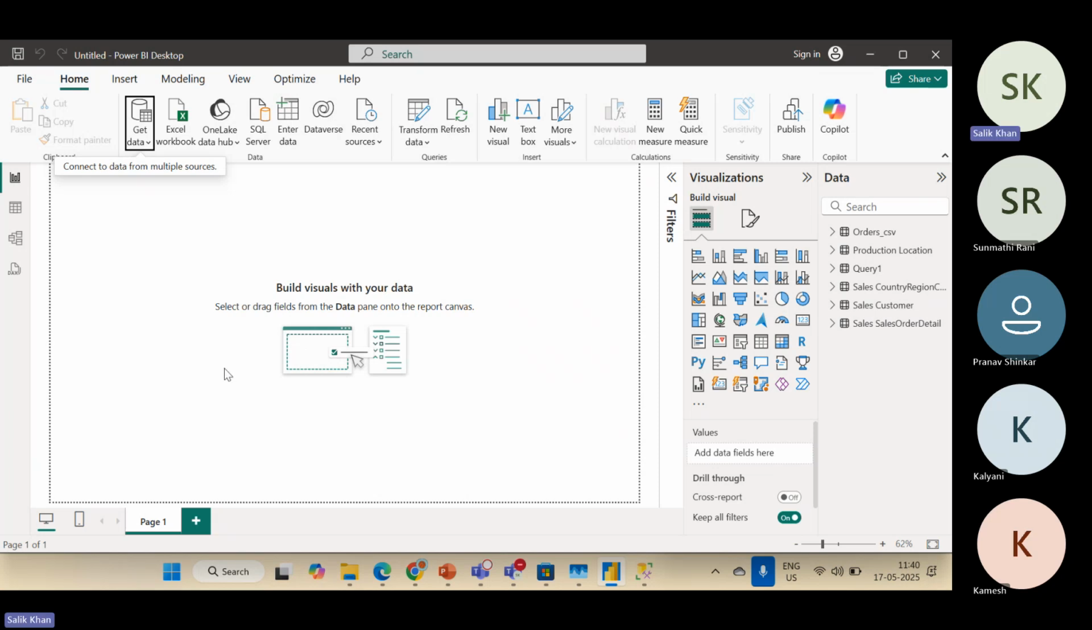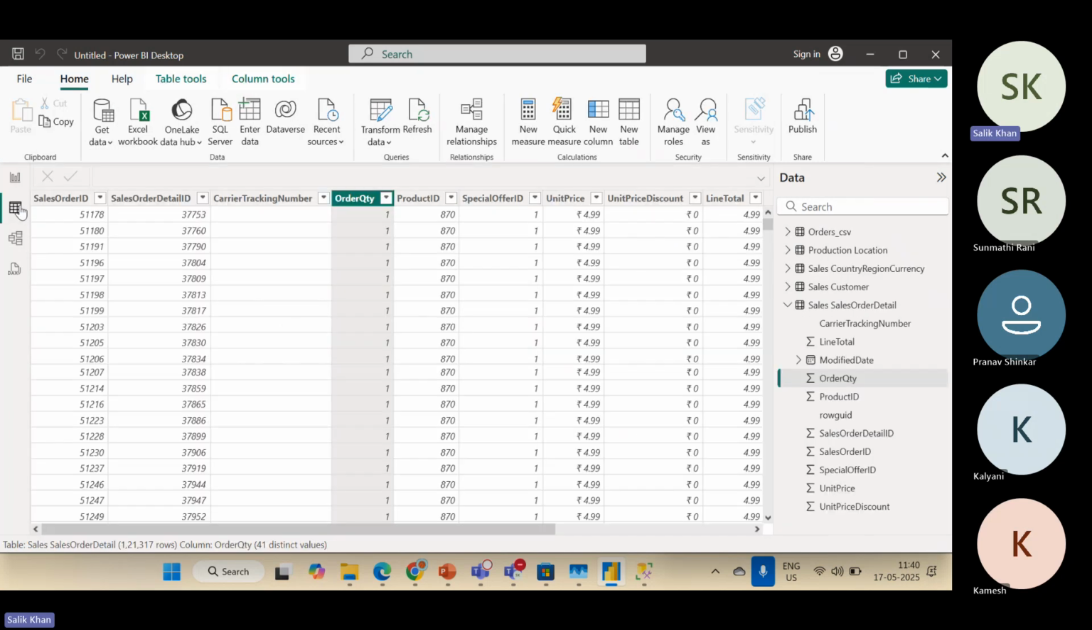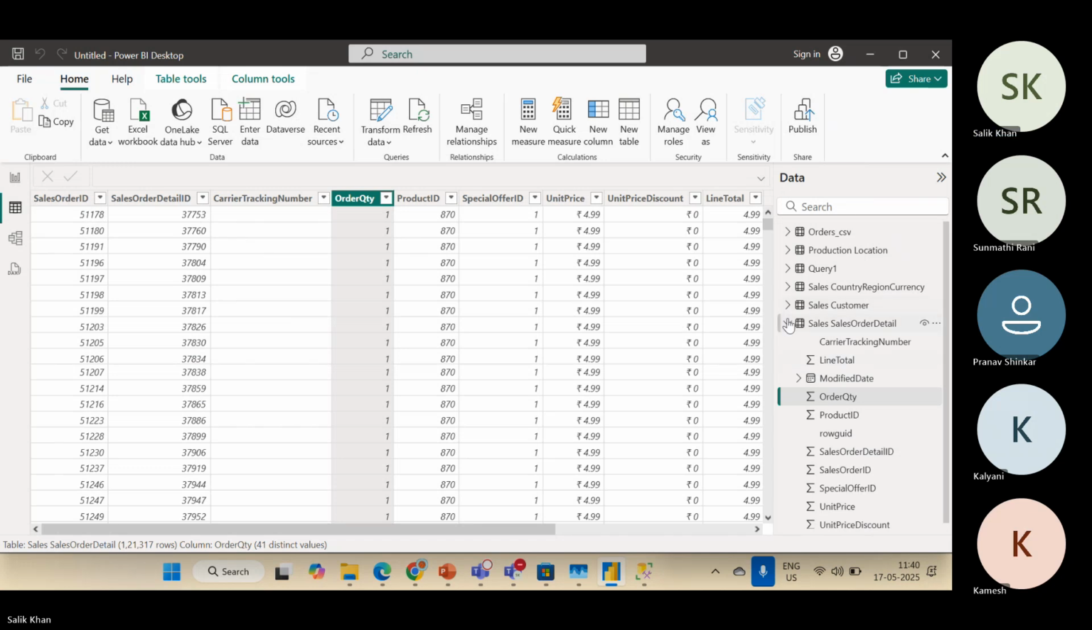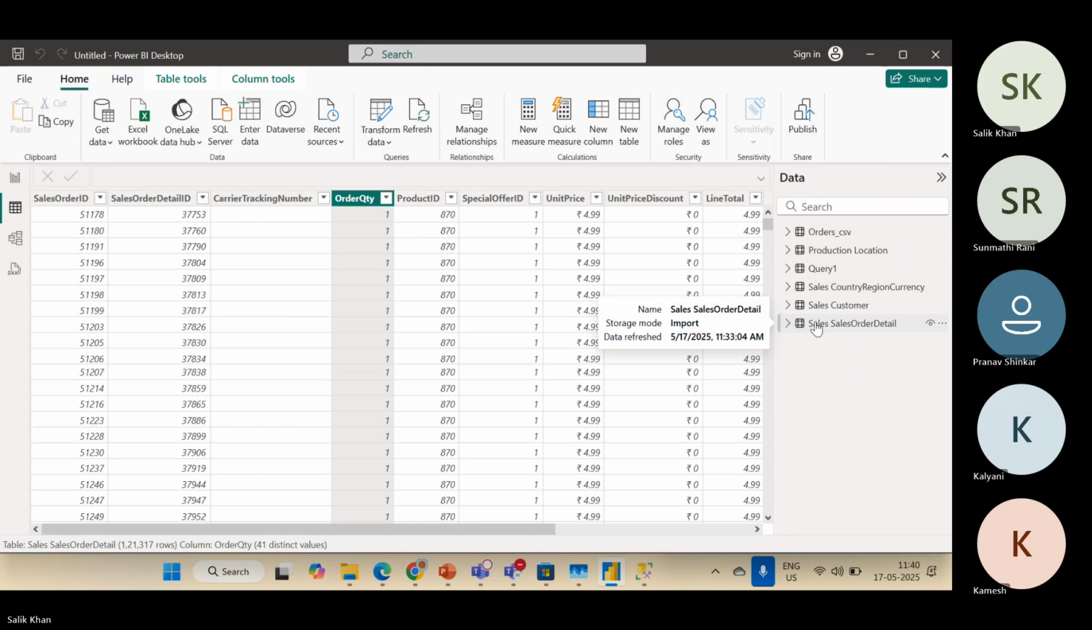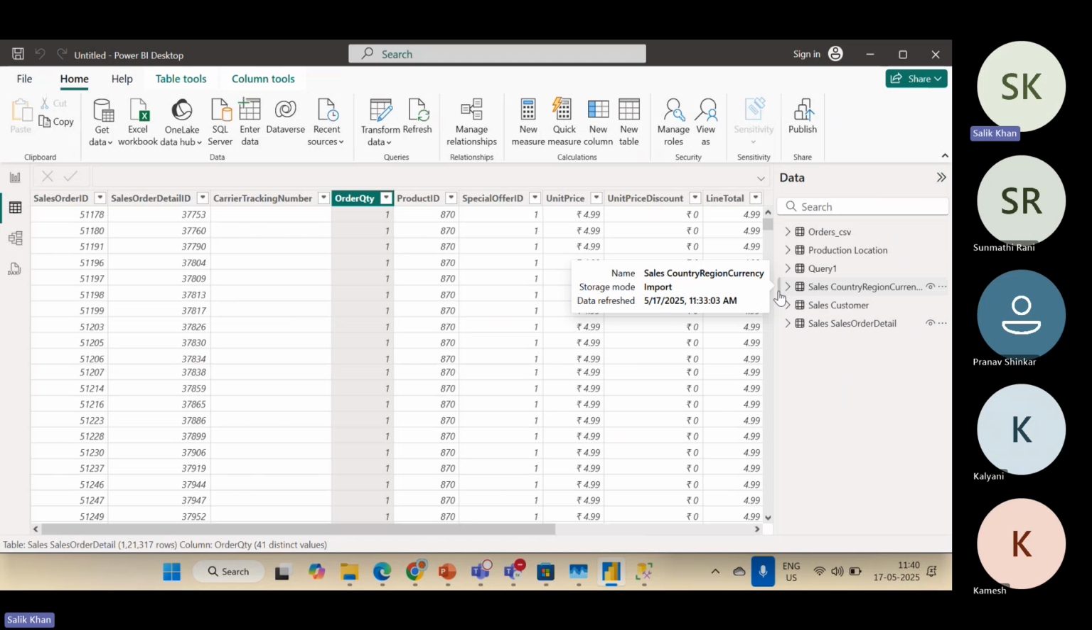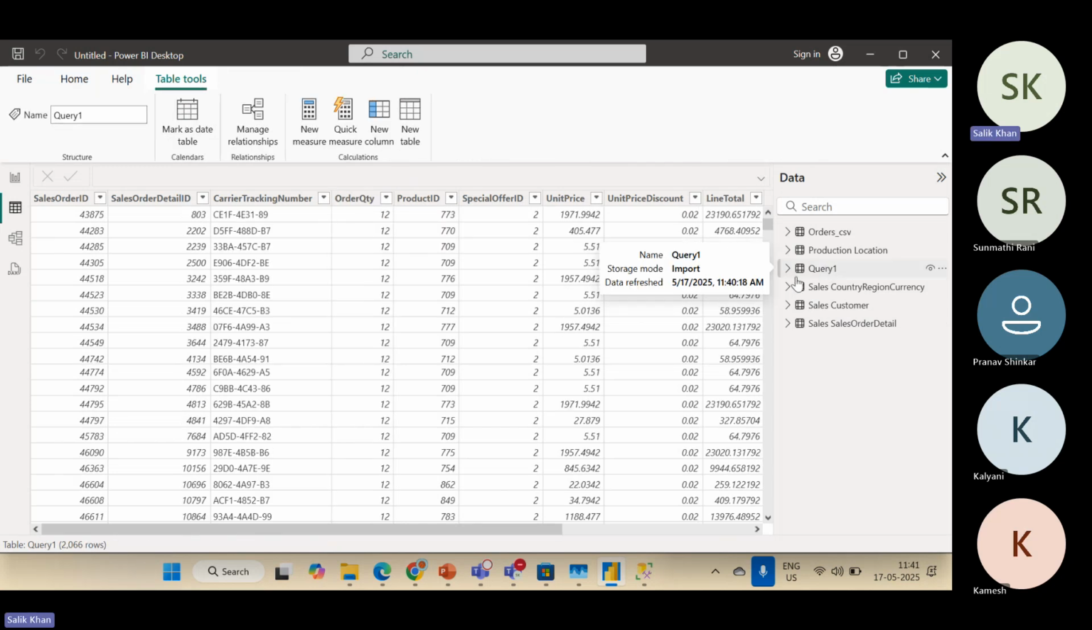Now let me show you what happens. You can go to this table here. And you can see the table has been loaded, but the important thing to note here is that the table has been loaded with the name query1, because we have used a query to load that data. So here if you click on this query1 now,